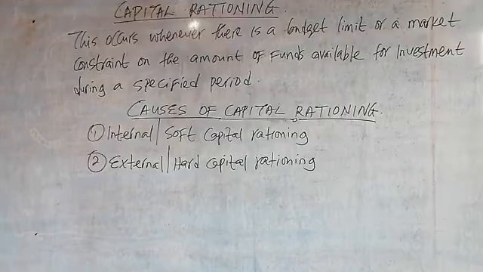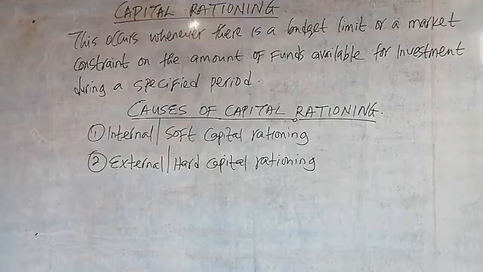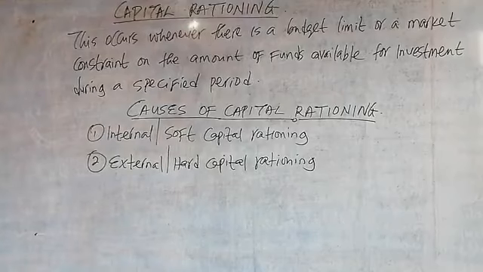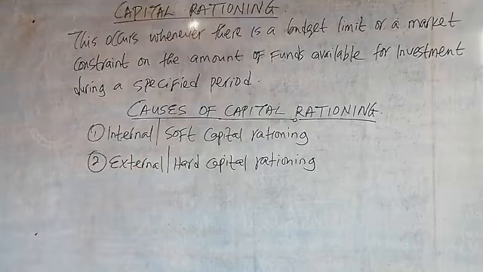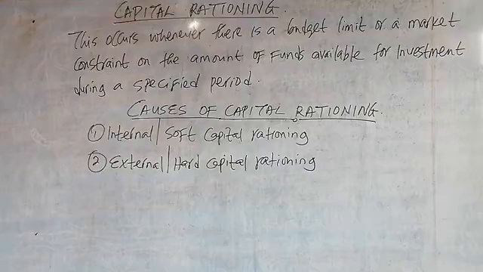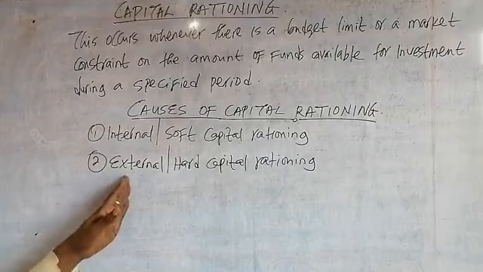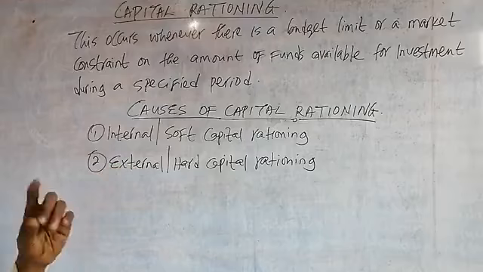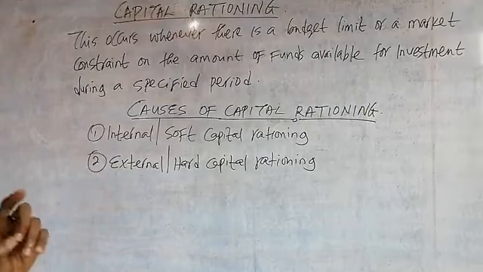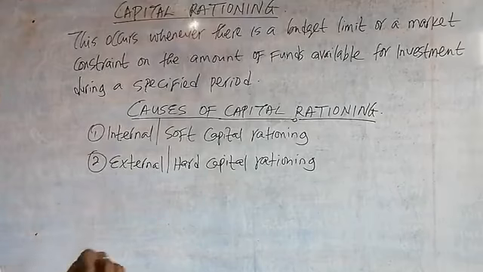Number one, the company may not have a good credit rating to approach a financial institution to seek or source funds. By that, therefore, there will be a restriction and they will be constrained on project investment. Also, there may be a government restriction placed on the company not to source any external funds at a particular period of time.